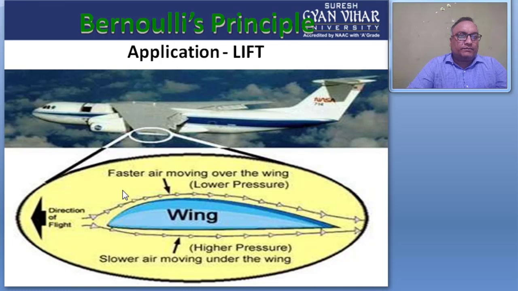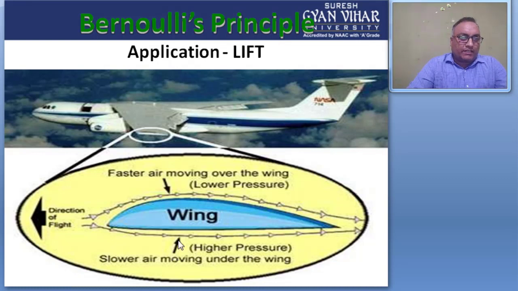Suppose this is the aeroplane, this is the fuselage of the aeroplane, this is also one aerofoil shape, and this wing also creates an aerofoil shape, and this aerofoil shape gives the camber angle, and this incidence angle are the different types. This is the leading edge of this aerofoil, and this is the trailing edge of the aerofoil, and this aerofoil is designed in such a way that it creates lower pressure at the upper surface and higher pressure at the